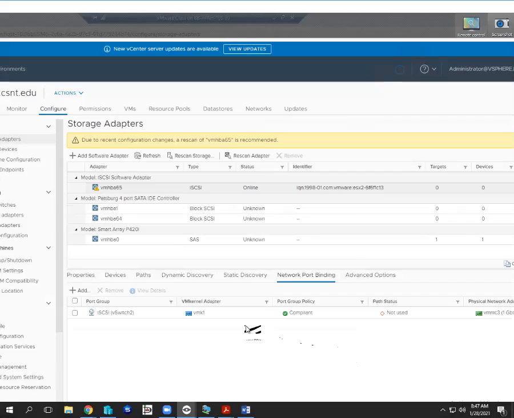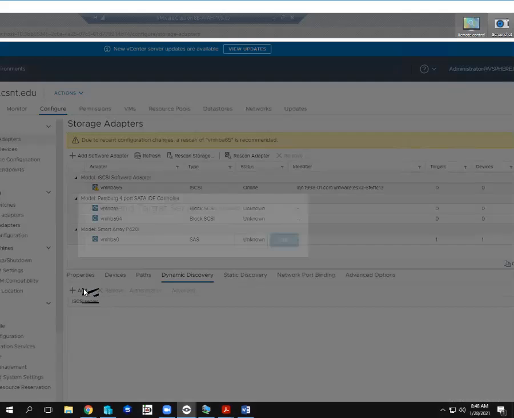Neat. So that is connected. The next thing we want to do, there are 2 different discovery methods, dynamic and static. We want to go to dynamic. We want to add in the IP addresses of,